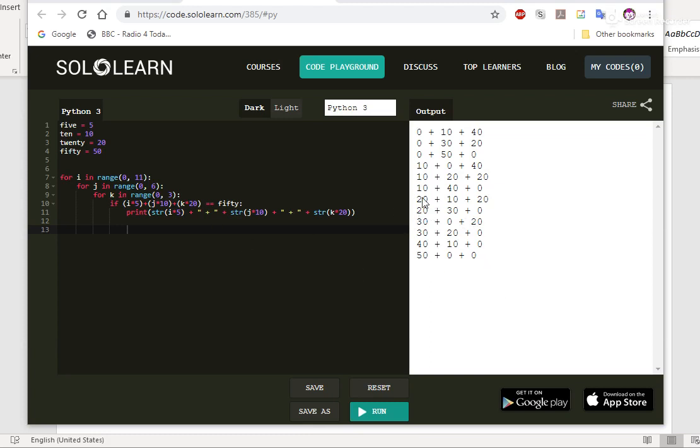And there we have it. Solves a rather difficult or interesting conundrum using 1, 2, 3, 4, 5 lines of code and the declaration of the